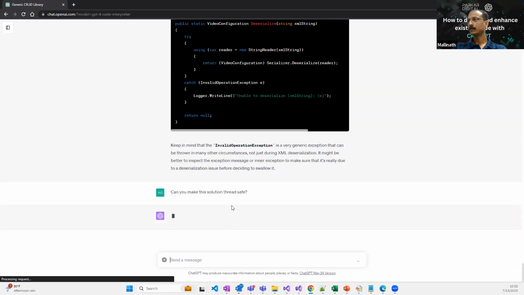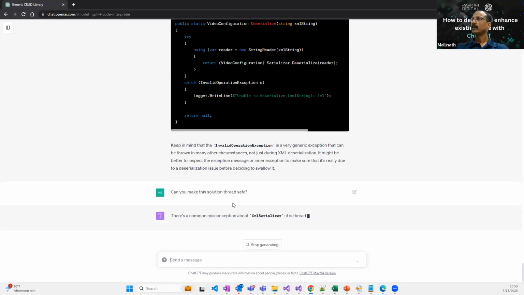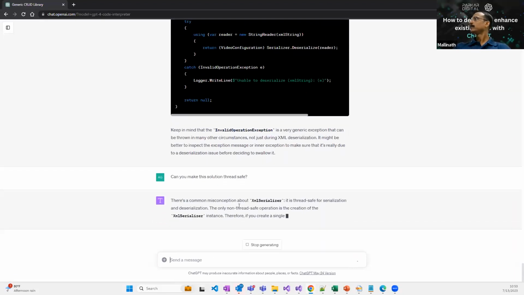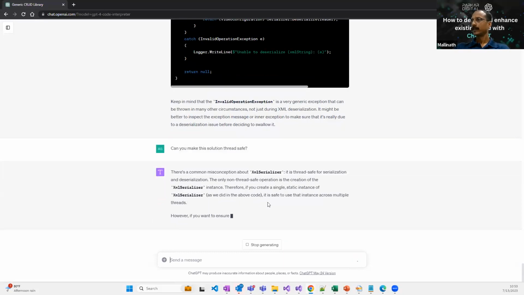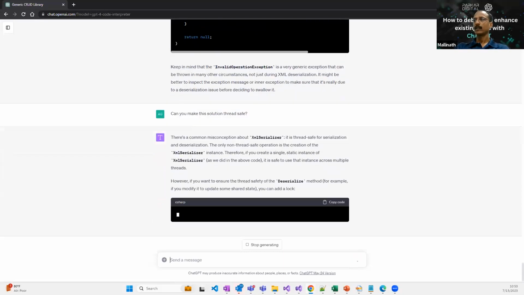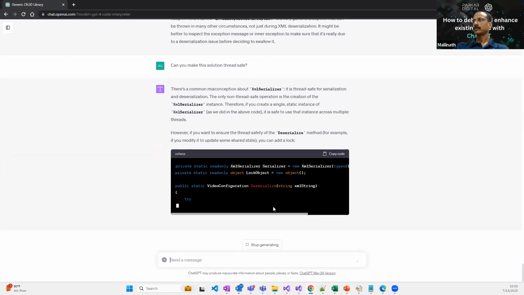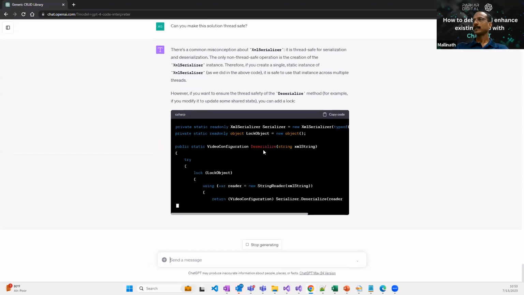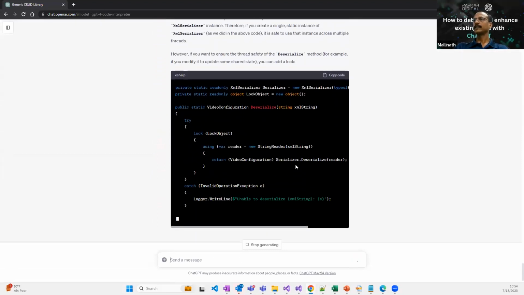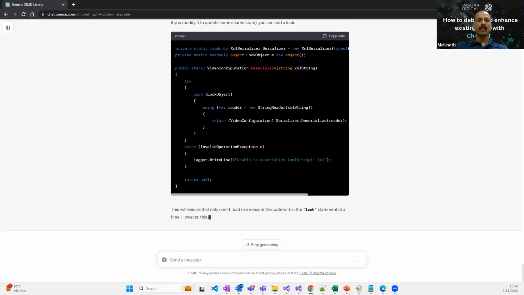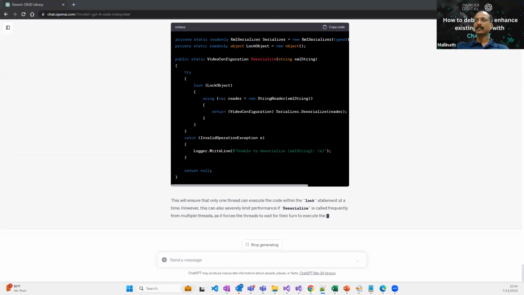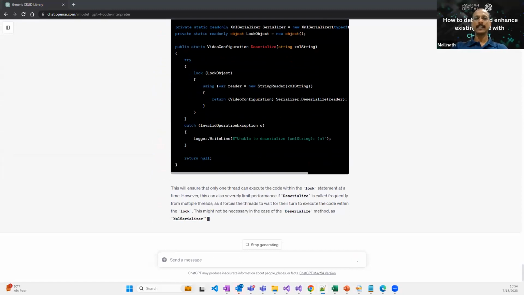See how it takes it up. So it introduced the lock object and it is made thread safe. So this is the second piece. So in the next use case,